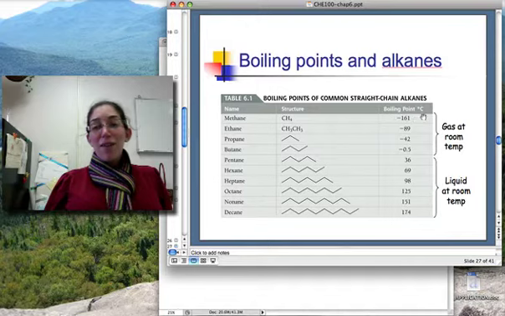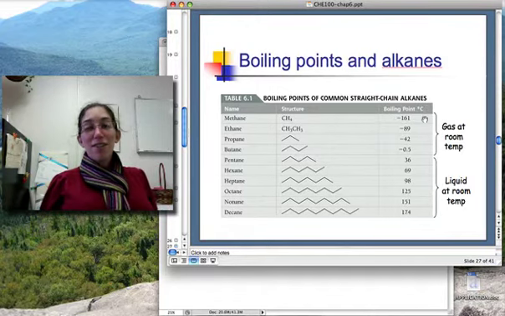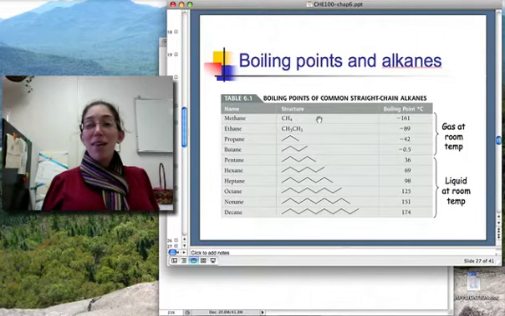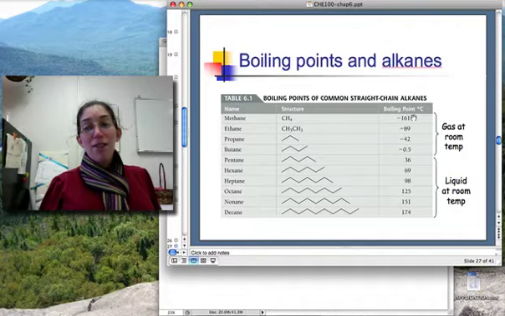In fact, methane's boiling point is negative 161 degrees Celsius. Room temperature is about 25 degrees Celsius, so room temperature is much higher than the boiling point of methane, which is why methane is a gas at room temperature. In fact, these first 4 on the list here are all gases at room temperature because they boil